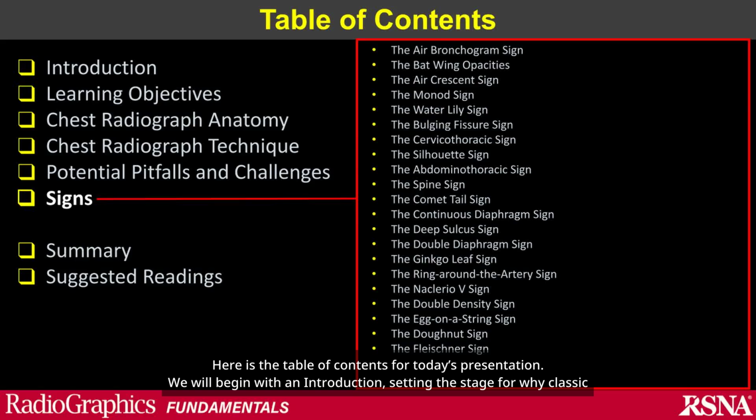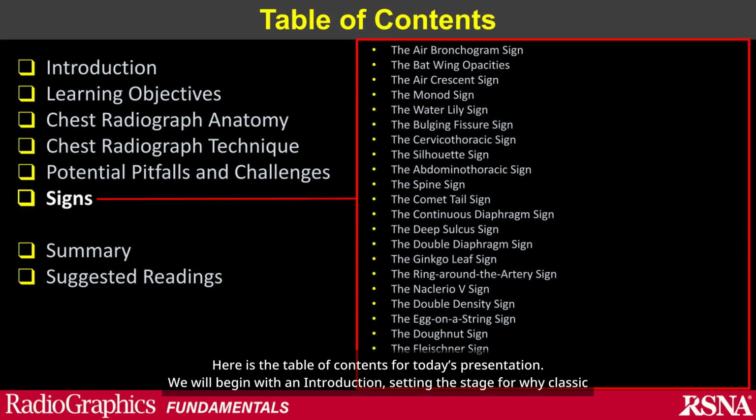We will begin with an introduction, setting the stage for why classic chest radiographic signs remain important in modern clinical practice. Next, we will outline the learning objectives, focusing on recognition, mechanisms, and clinical application of these signs. We will then briefly review chest radiograph anatomy and discuss the chest radiograph technique, emphasizing differences between anteroposterior and posterior anterior views. Following that, we will address potential pitfalls and challenges, highlighting technical limitations, human factors, and anatomic mimics that